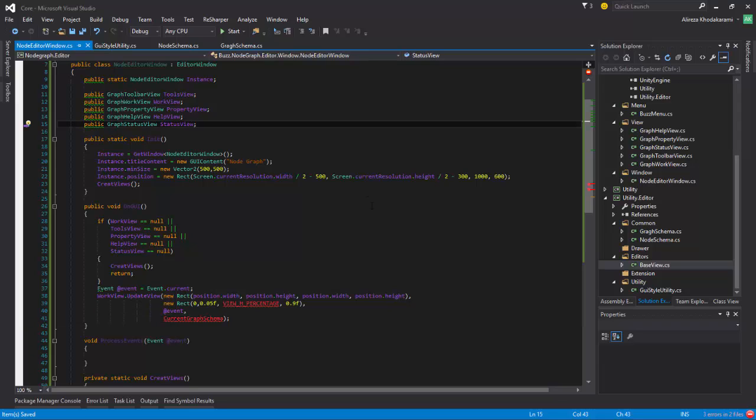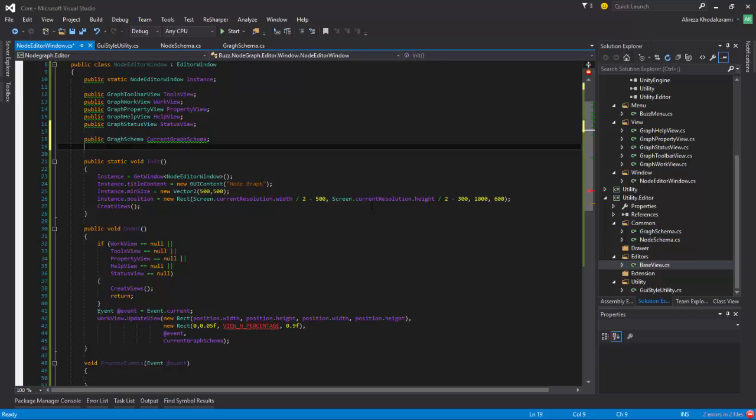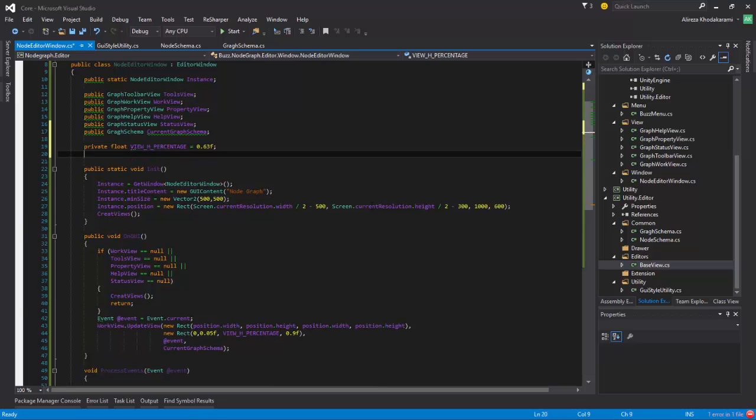So we have a public graph schema, and we called it current graph schema, and we have a private, so down, float that we call view h percentage equals to 0.63f, and we have a private float view v percentage that is equals to 0.7f. Okay, now